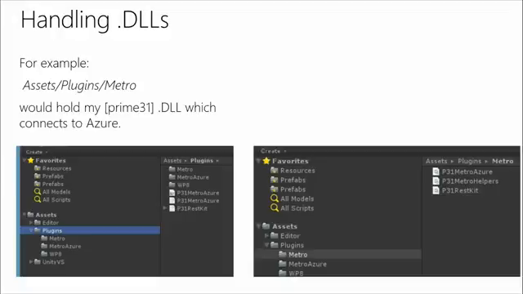Now by default, Prime31 has already created a folder called plugins for us, and then we have platform-specific folders on top of that. That's helpful. Yeah, absolutely. So we have Metro and WP8. Those are already designed by Unity. And what happens is,